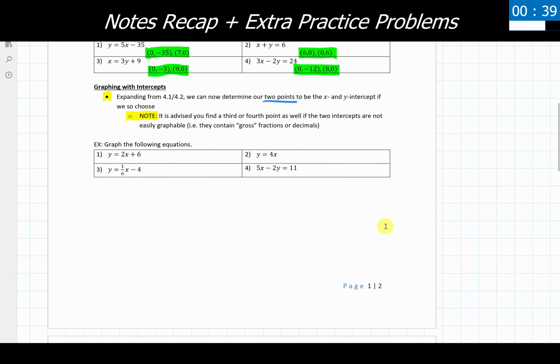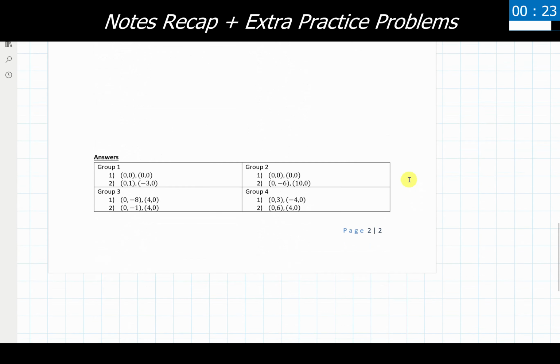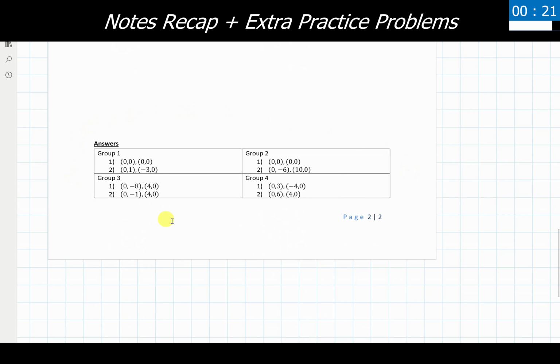So now let's go ahead and scroll down, and if you would like to, I'd recommend pausing the video here. Try some of these problems for yourself, see if you can determine the x and the y-intercept for the problems that are listed here. We'll scroll down, and here are the answers. So hopefully you got something similar to these, or hopefully the exact same thing. And if not, I'd recommend going back and giving your work another look over and see maybe you put a 0 in a wrong spot. It happens fairly frequently. It's totally understandable.